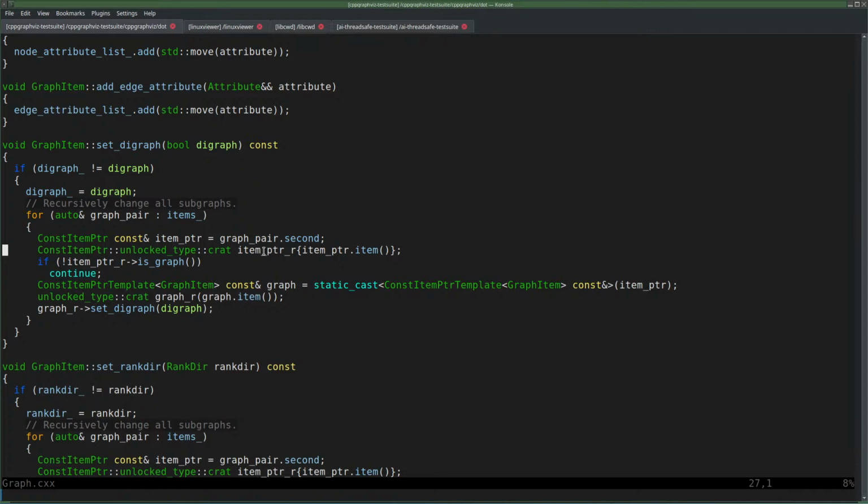So item pointer is basically being locked here. I'm not freeing the lock, and I'm doing a static cast to something higher up, and I'm then locking that again. That's the same mutex, because it's the same object. Whoops, so even this is a deadlock. If you lock that, you cannot lock that. I could do the same trick though here, that if it is a graph, then I know that this item pointer is castable to a graph item.